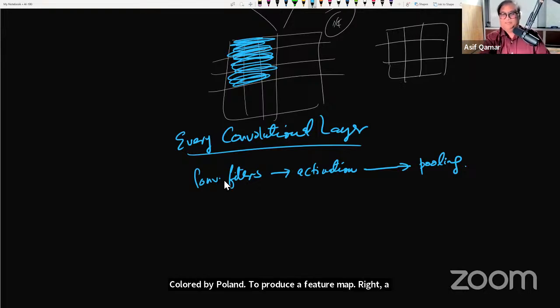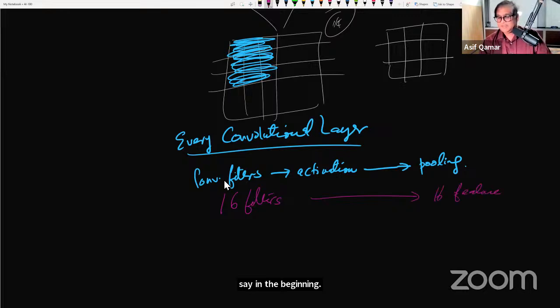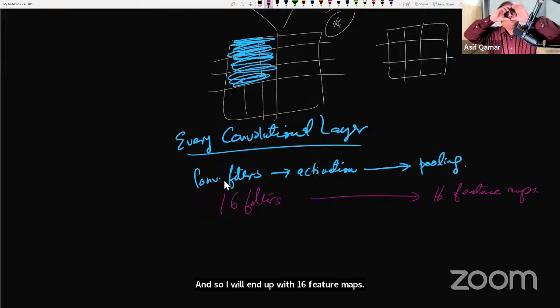Now you realize that at each layer, I get to choose how many filters I want to stick in. For that cat, I may start with 16 filters, let's say in the beginning. And so I will end up with 16 feature maps. And what will be the quality of these feature maps? They will be smaller than the original image. Would you agree? So if I start with an image which is 512 pixel by 512 pixel, then I'll get probably, assuming the kind of strides that I'm taking,